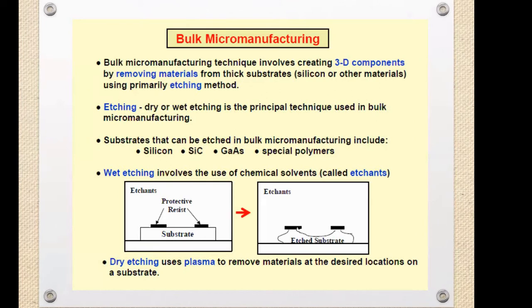So we will deal with the wet etching. Wet etching involves the exposure of a surface or substrate covered by a mask. You can see in the figure that the substrate is protected by the mask. This is the protective resist that protects the substrate. If we expose this substrate to the etchant, then the substrate gets etched, and the mask is just below the substrate that we are seeing in the second figure.